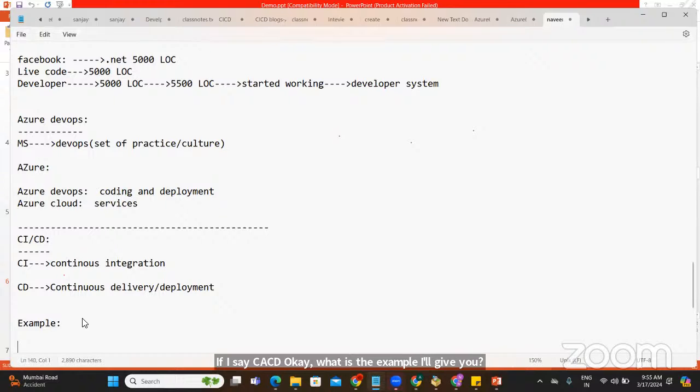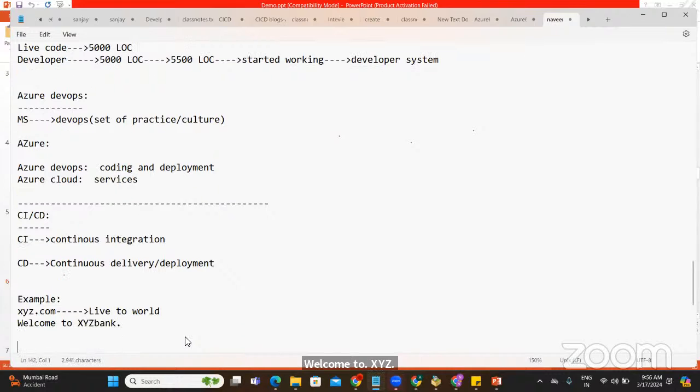Let's assume that I have developed a website called xyz.com, and this is live to the world, guys. Please understand that. And I have put a name on that website: Welcome to XYZ Bank. Please understand, Welcome to XYZ Bank.